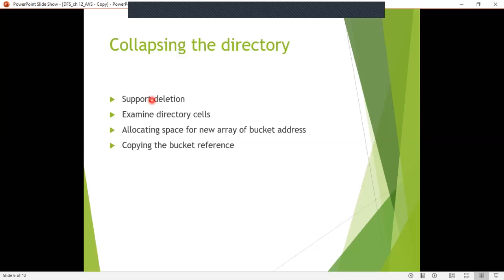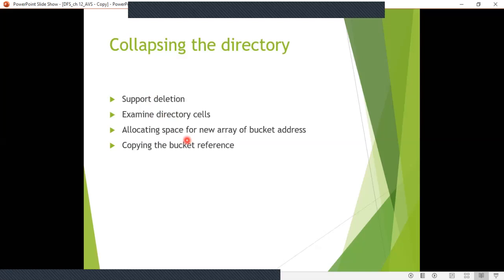And when we find such a pair, we know that we cannot collapse the directory. That is, if the directory cells are pointing to two different buckets, then you can say it cannot be collapsed. If we get all the way through the directory without encountering such a pair, that is, different buckets, then we can collapse the directory. Okay.